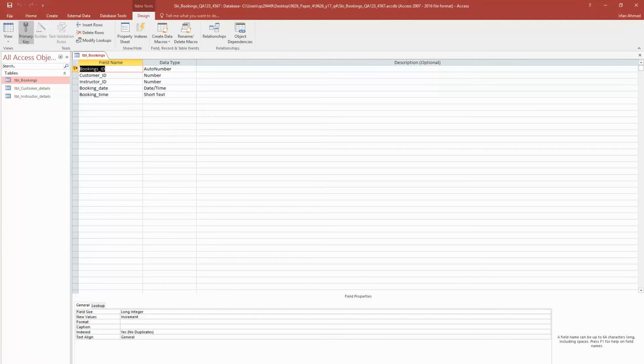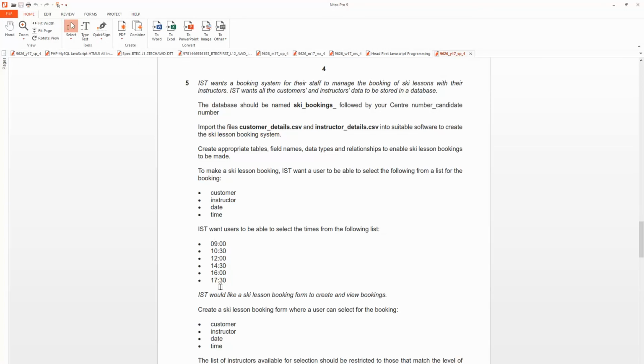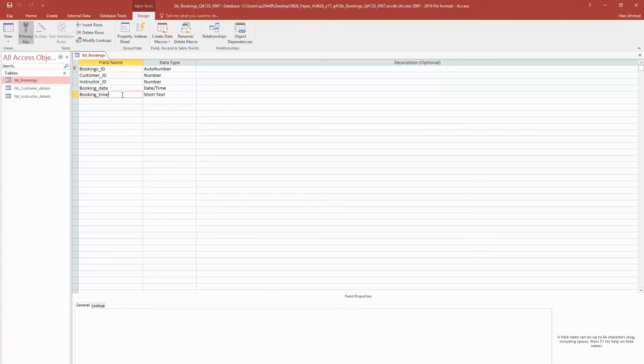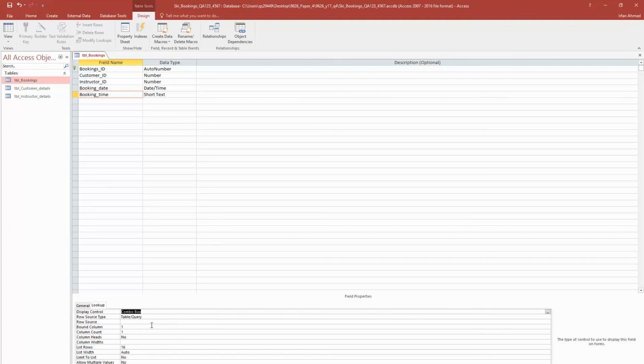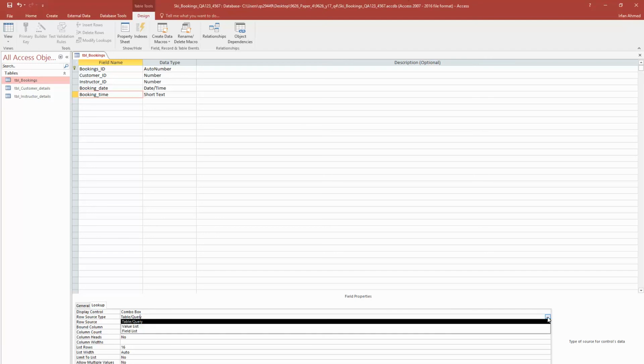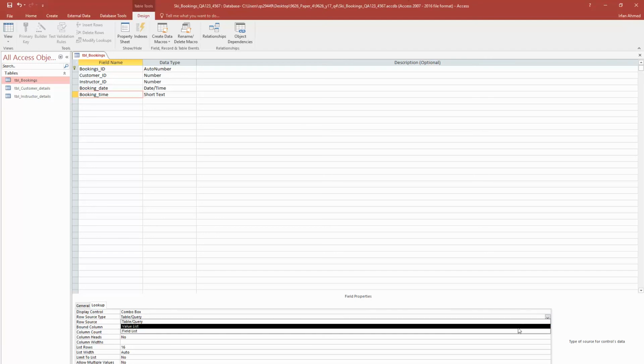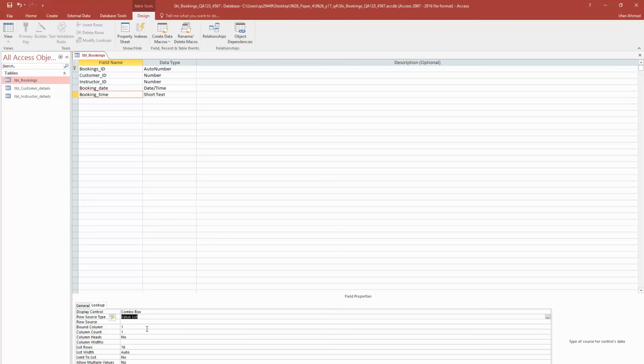The question says that I want these times. I want from 9 o'clock up to 5:30. So in the booking time field, I'm going to change the lookup to a combo box. Okay, and the row source type is going to be value list. Now for value list, I need to put in the row source what it is that I want to put in. So the first time is